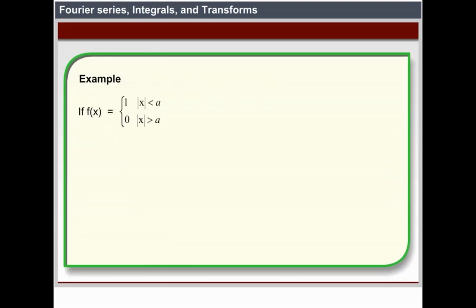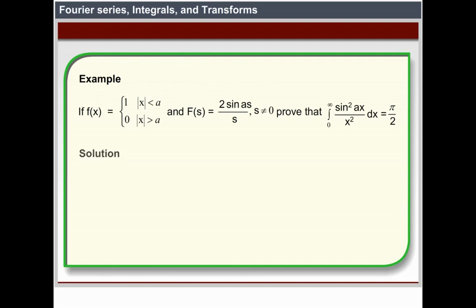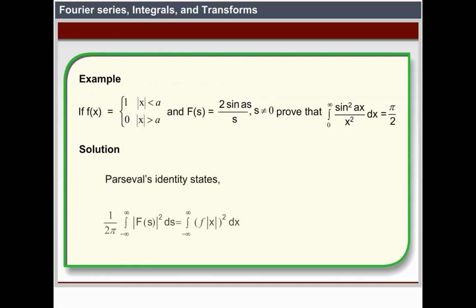Example: if f of x equal to 1 for modulus of x less than a, 0 for modulus of x greater than a, and capital F of s equal to 2 sin as by s, s not equal to 0, prove that integral 0 to infinity sin square ax by x square dx equal to pi by 2. Solution: Parseval's identity states 1 by 2 pi integral minus infinity to plus infinity modulus of capital F of s square